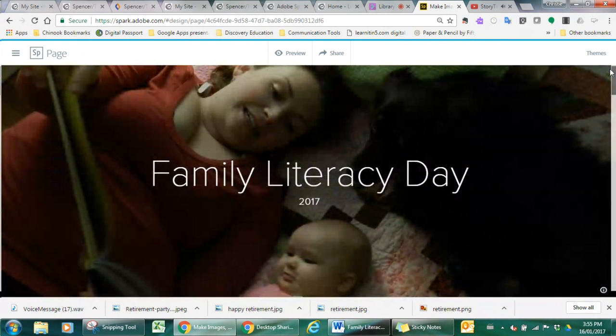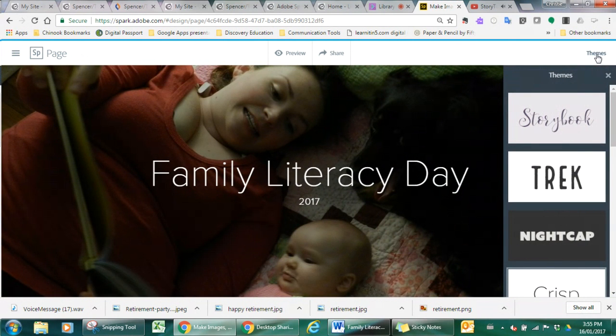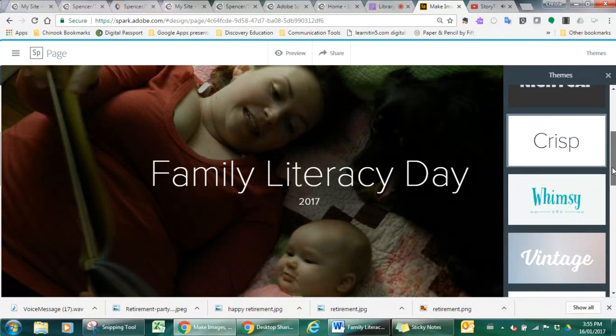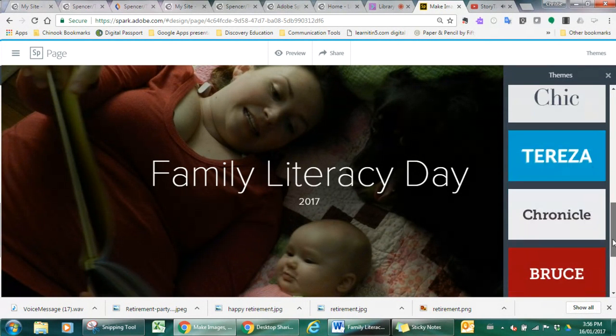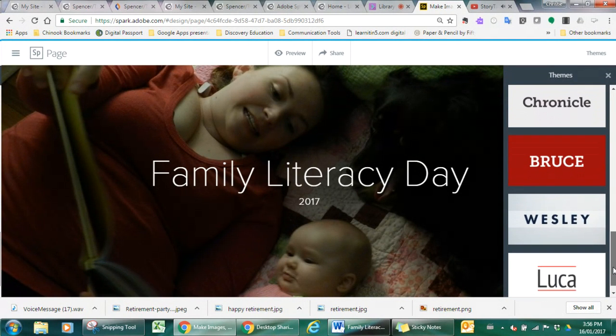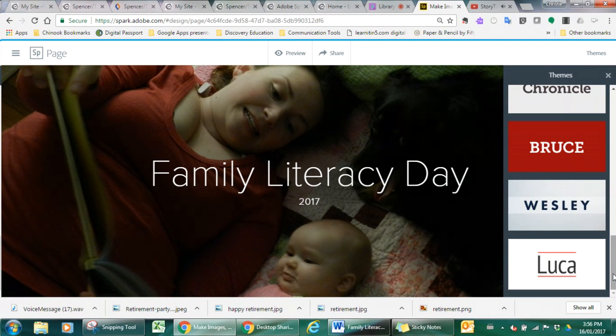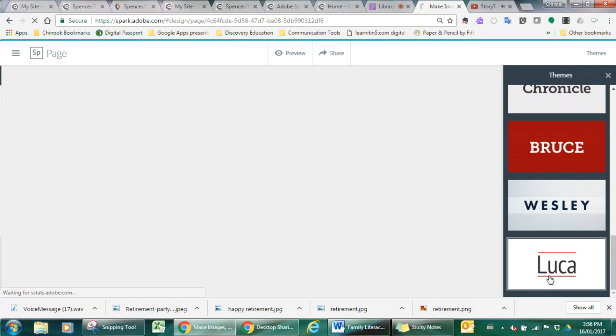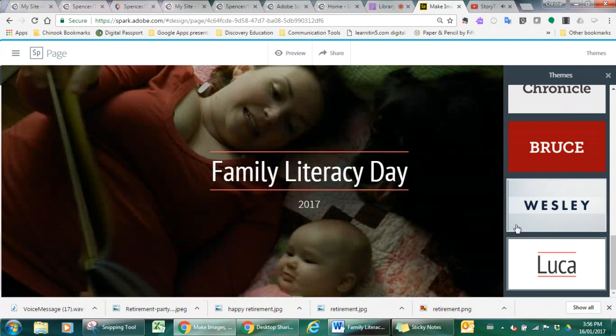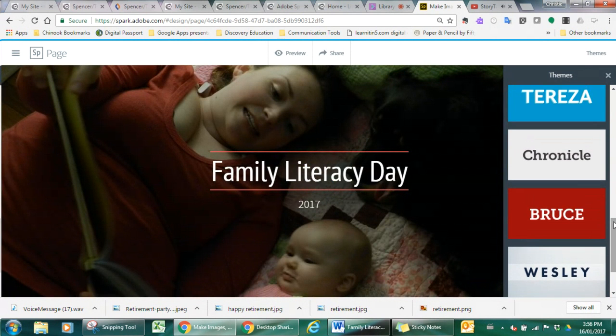So the last thing that I will show you before we get things wrapped up will be you can go in and change your themes. So you can see there's storybook, Trek. What's nice about this is that there are a variety of options for you. That theme will apply to every glide show or the whole digital document. So we'll change the font size, change the font style, but you can't do it on each slide. So if I want to see what Luca looks like, I can click on it and see how it's going to impact